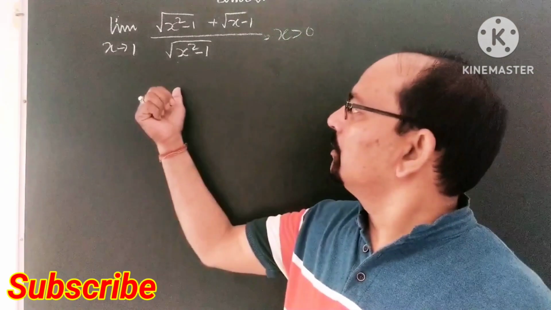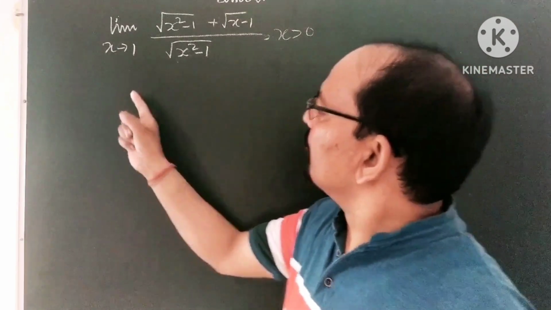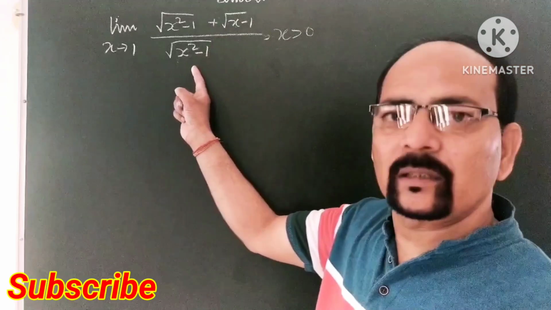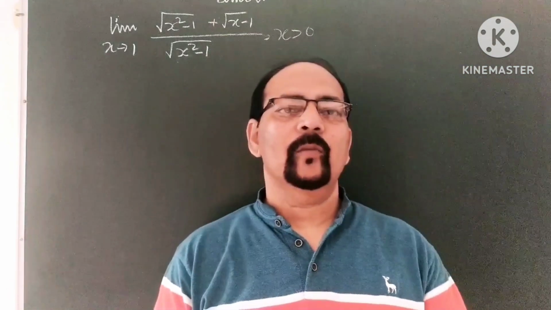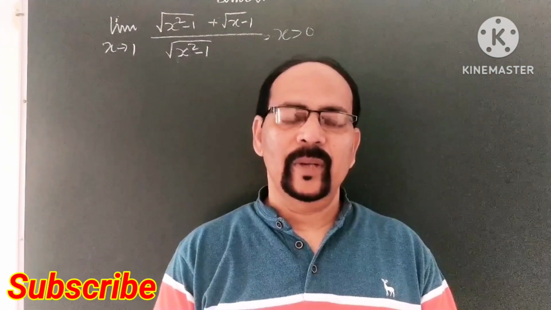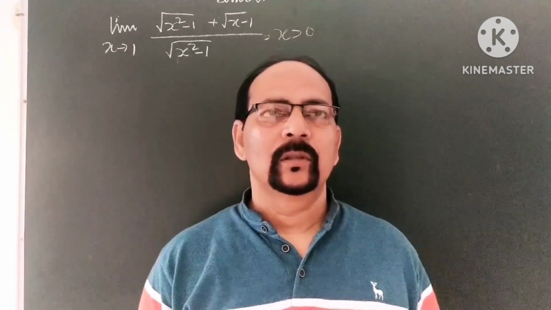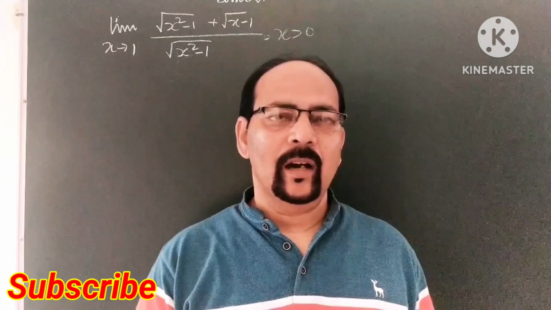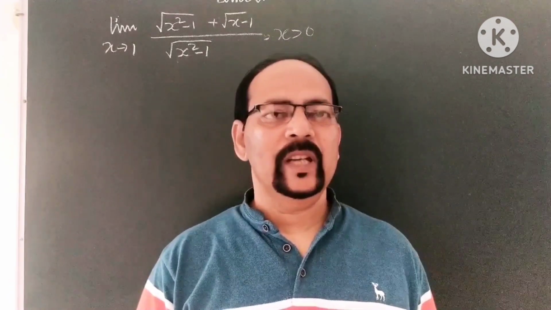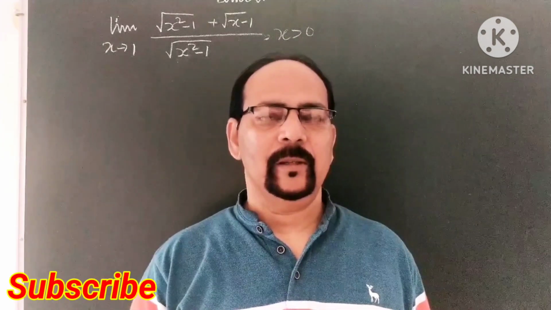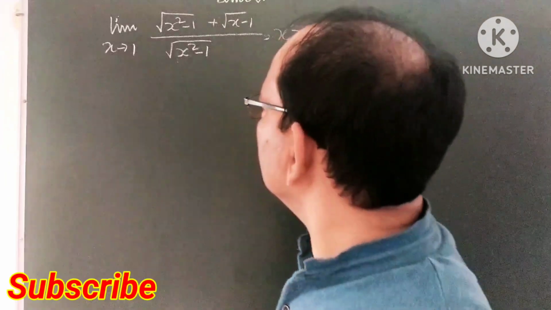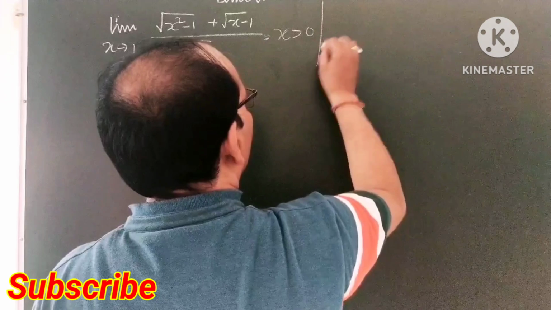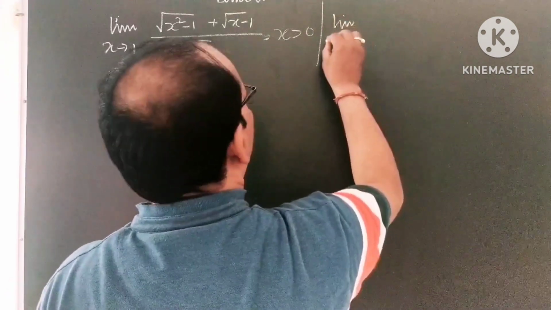Next question: if x tends to 1, put it here, there will be numerator and denominator both 0. Therefore, it is in the form of 0 by 0, and the limit does not exist directly. Therefore, it will be solved by the rationalization formula, and after rationalizing this function, we can find the limit of that function. Therefore, we take limit x tends to 1